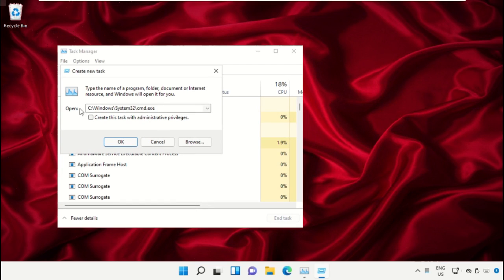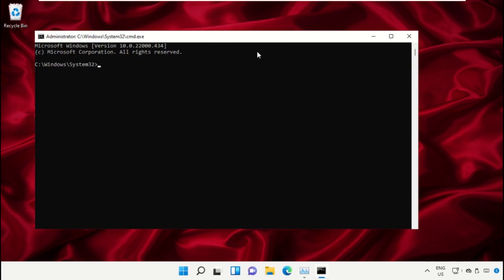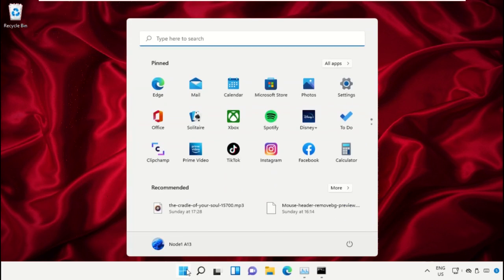After that, simply check this box and click on OK. It will open the command prompt window. So we already have a list of commands to make it easy for you, and to avoid mistakes, simply open